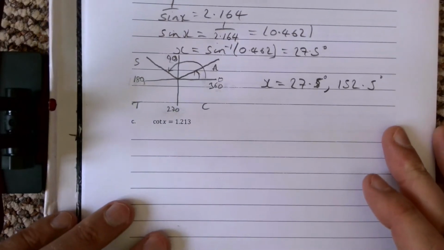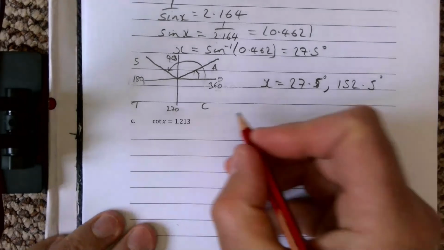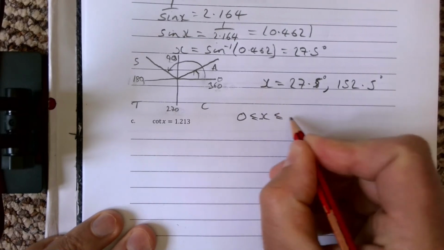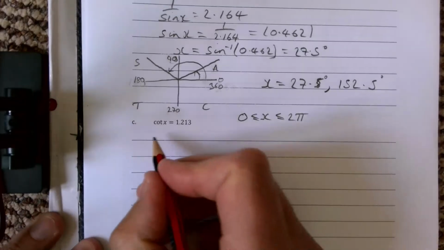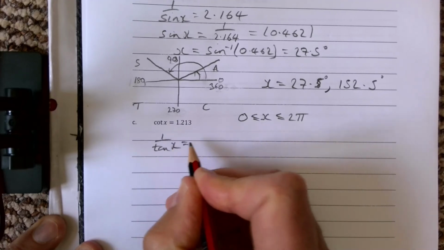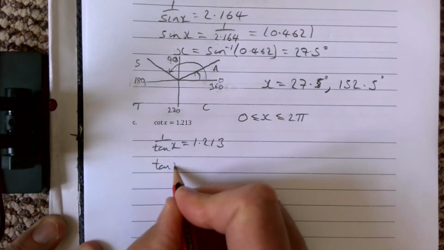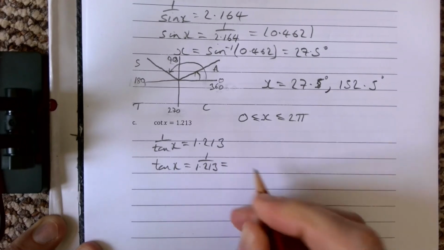Finally then, let's do cot x, and that is going to be cot x equals 1.213. Let's solve this one between 0 and 2 pi. And so we'll need to do some calculations here, but we'll see how we get on. So what do we know? We know that 1 over tan x is 1.213. We then know that tan x is 1 over 1.213, and that gives me